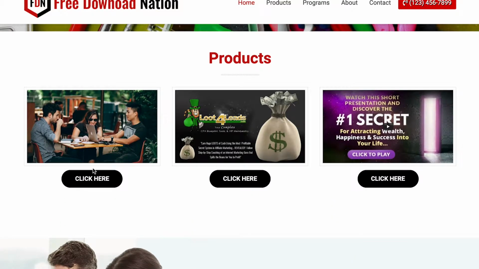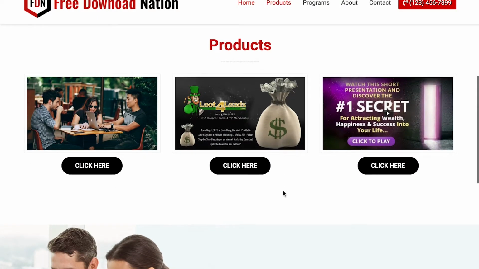Products just says click here with a picture. No idea what that's about. Not going to click. Loot for leads. I don't like that these three images don't look like they have anything to do with each other. They look like completely different brands, which I'm sure they are. If I were you, I would choose some images that you can put in each of these things that look consistent, and then put some type here